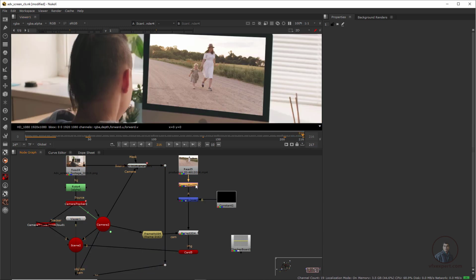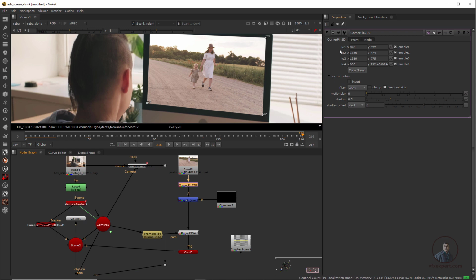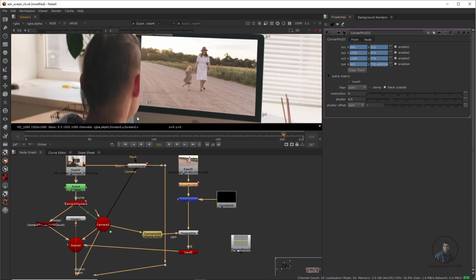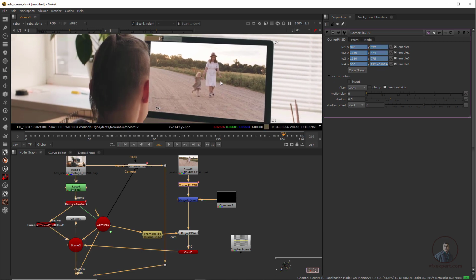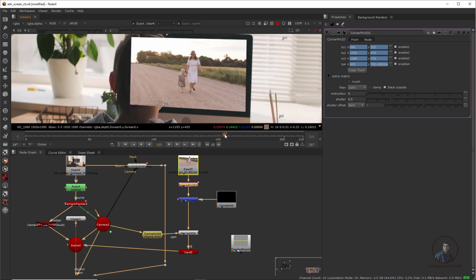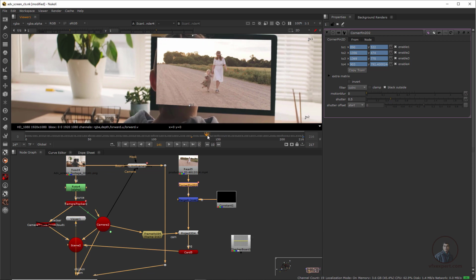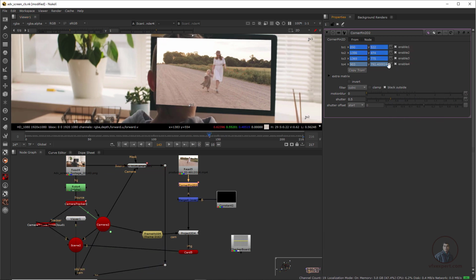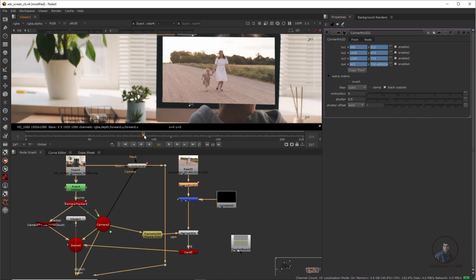Now double click on this corner pin and animate all these points here. So right click, set key, then we have to move our CTI and match our screens. Maybe here this is looking good, so in all frames we have to check and match. So again right click and set key here. Then after this we have to move our playhead and check.